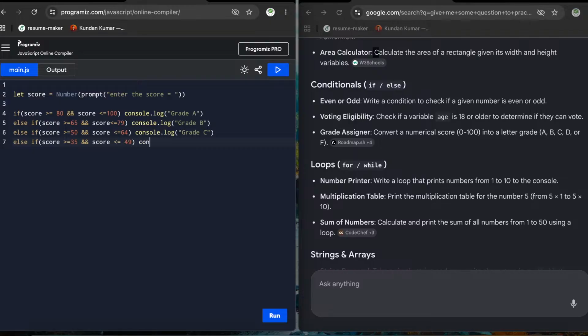So it will be console.log grade D, and here else, other than this, console.log something else if someone has given, if the teacher gave 101, sorry, it's not a valid grade,